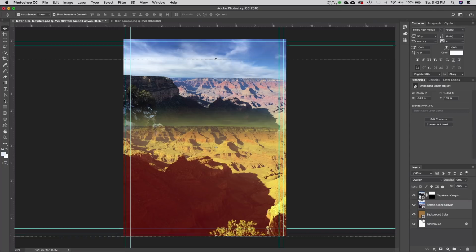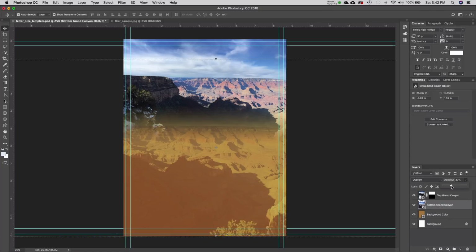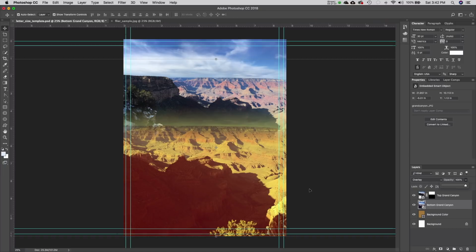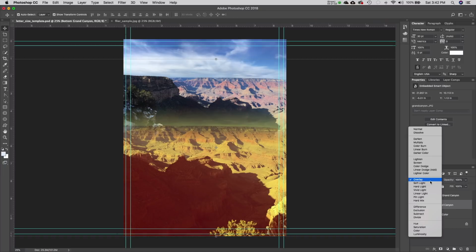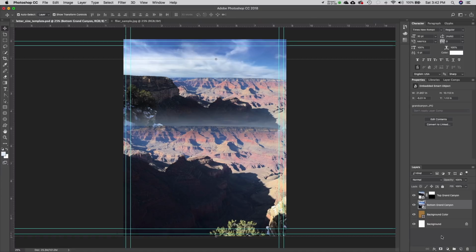There's an overlay, so it shows through, and we can bring down the opacity. So I'm just playing with this very quickly. Now, before I do that, I'm going to go back to normal. So if you played with any of that, we can jump right back to normal. And I'm going to apply